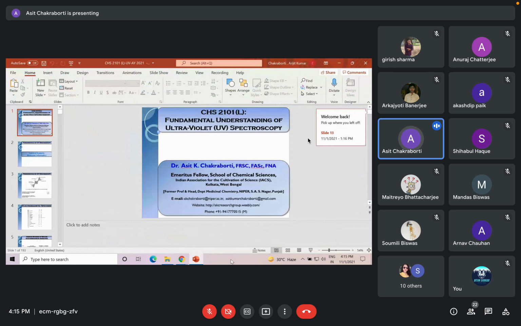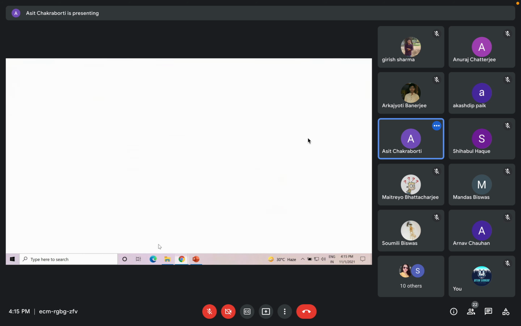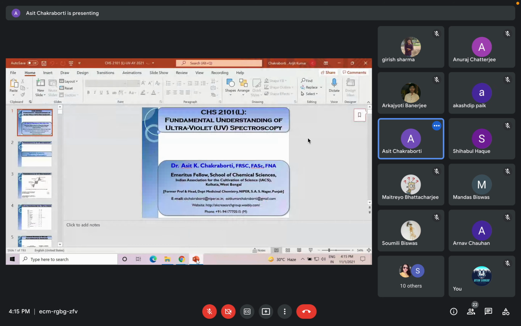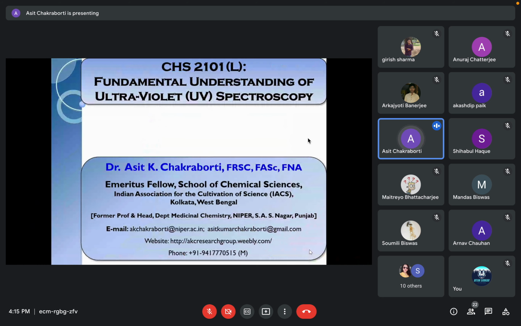Now we will be coming across chloroform, bromoform, and iodoform. Before I go for that, let me say that in qualitative analysis, as I told you, we have some inspection of the molecule. Let me know whether you are able to see the slide or not. Is it visible? Yes, sir, it's visible. Okay, fine. I have now taken to the other one.